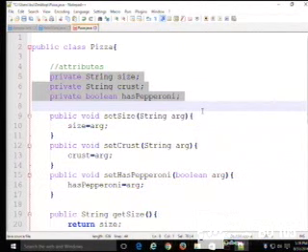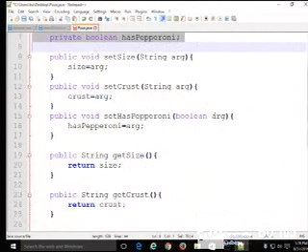So, private attributes. What that means is that in order for us to use those variables, those attributes, to access them and to set them, we need methods. For each attribute, we are going to have a get and a set method. We'll just look at one of these set methods because basically they're all the same, the only difference being that one of them has a different type of data.